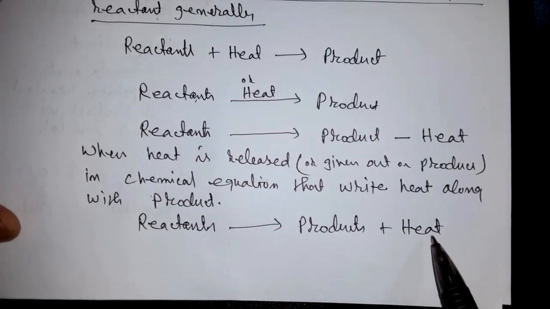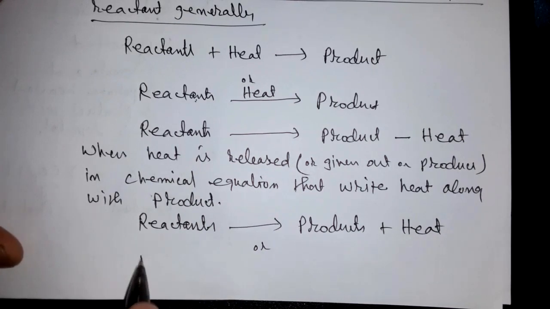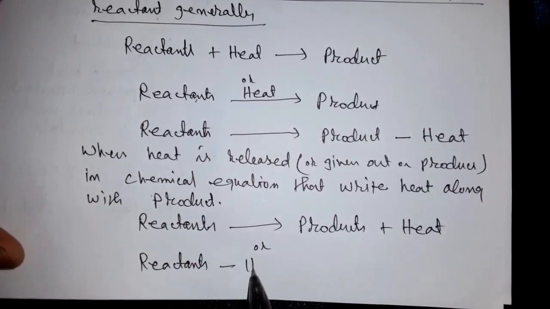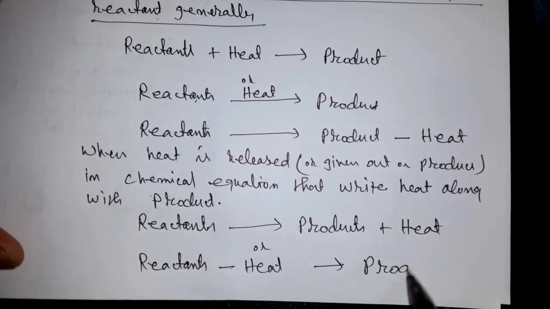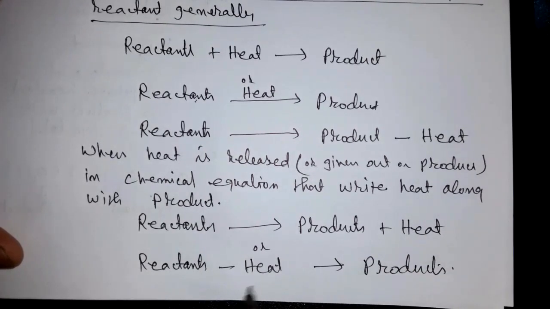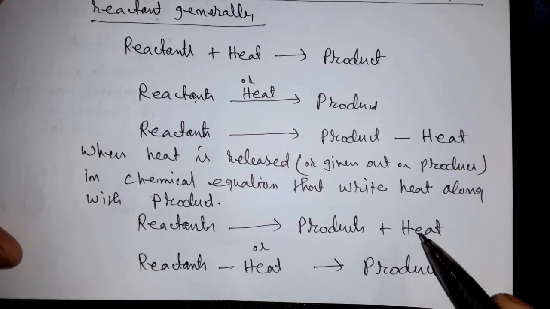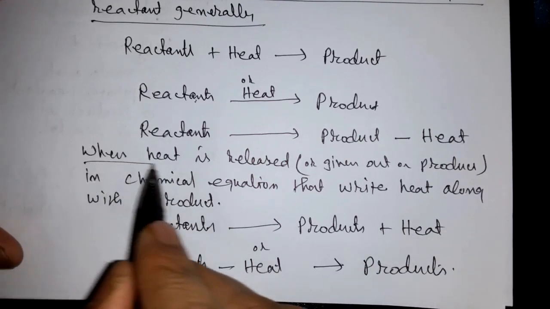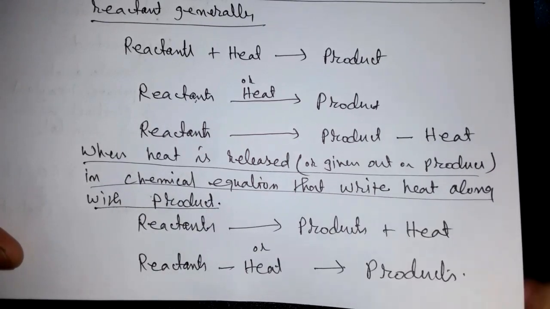And for this, if they want to twist, they may say reactants minus heat equals product. So this heat is along with the reactant, but it is with a negative sign. If it were positive, it would be on the product side, so with a negative sign also it falls in this category only. Okay, so this is point 2.